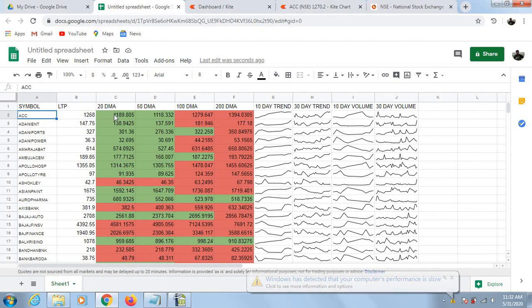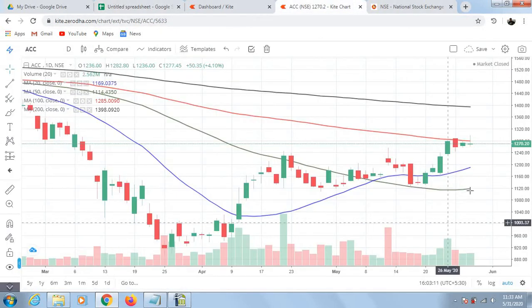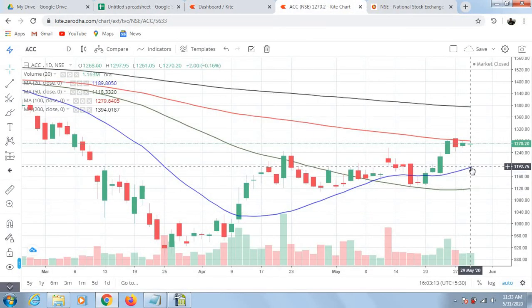And again you can see from here that the last traded price has moved above its 20-day and 50-day moving averages, but it's lesser than 100-day and 200-day moving averages. So which can be seen here. It has moved above its 20 and 50-day, but it's lesser than 100 and 200-day.